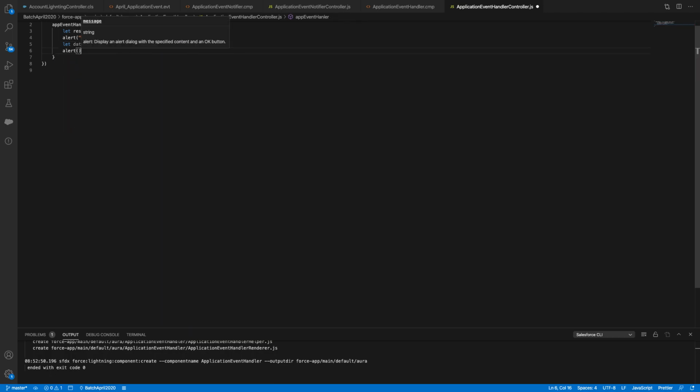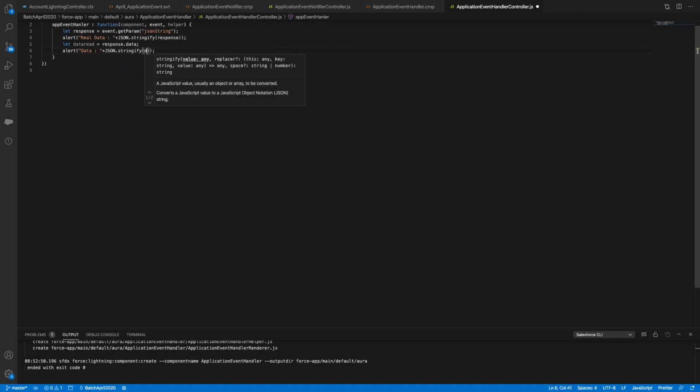Alert data column plus JSON.stringify data read. If I want to know my component name, let cmp name equal to... from where do I need